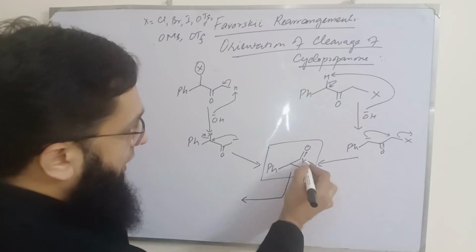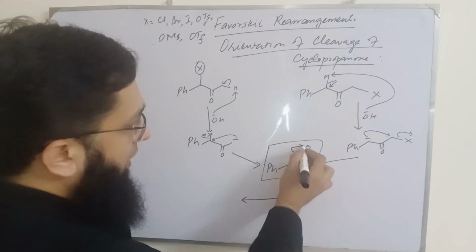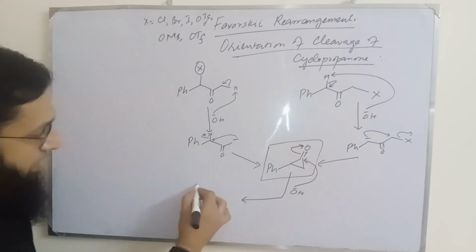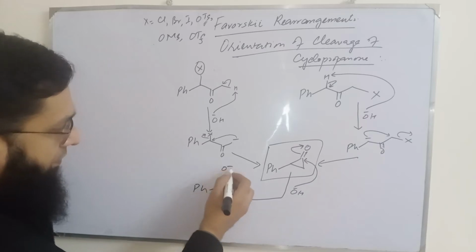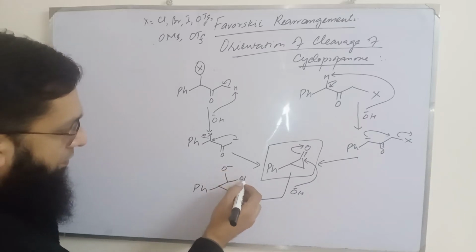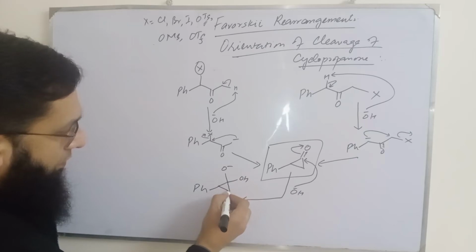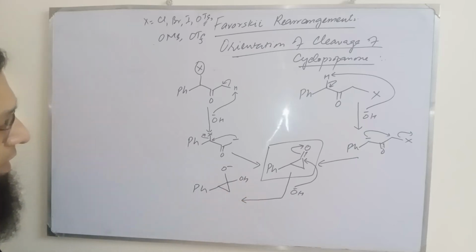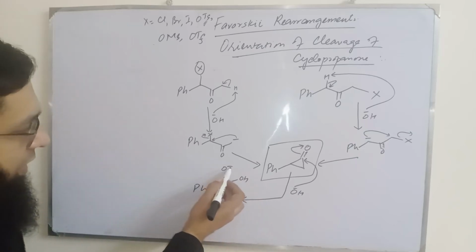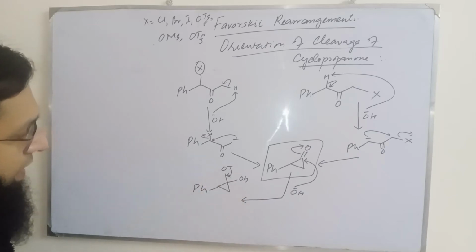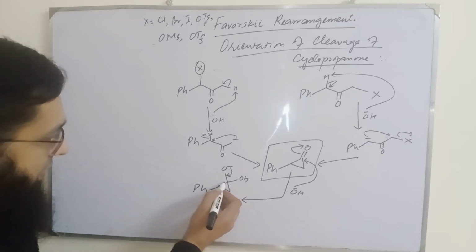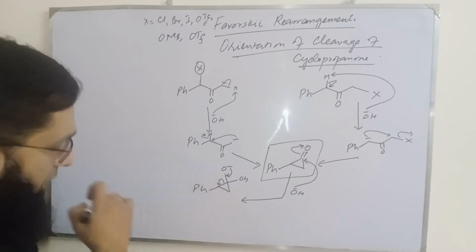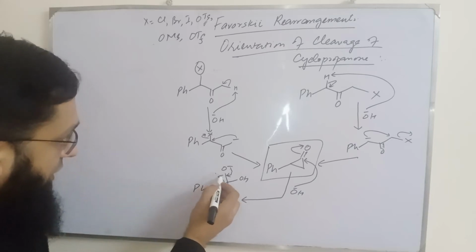So this would attack as a nucleophile on carbonyl carbon, and we would get the tetrahedral intermediate. This one. In the next step, this would break as we have seen in the mechanism, and one of these two bonds has to be broken. So for example, we see that this can be broken. This is possibility A, so we call it possibility A,